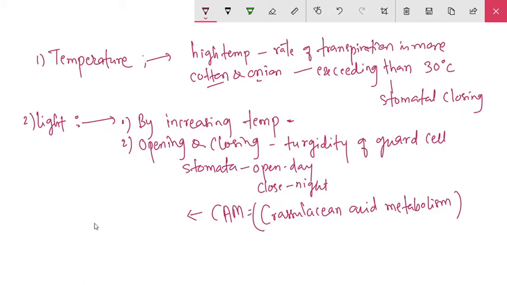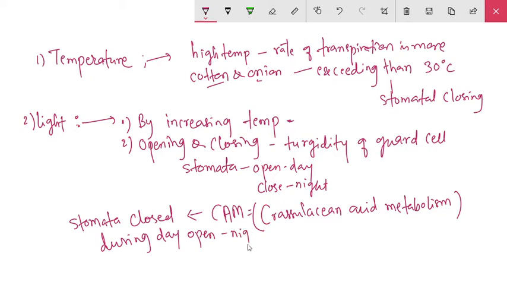The stomata are closed during the daytime, and open during the night time. So some plants,